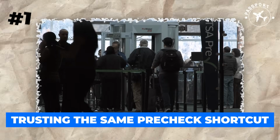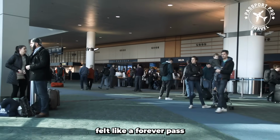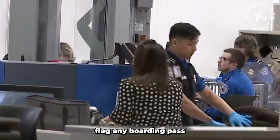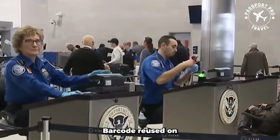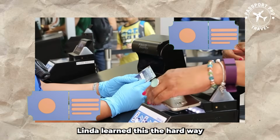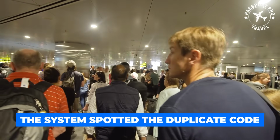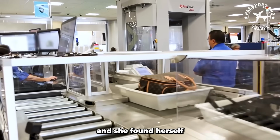Trusting the same PreCheck shortcut. TSA PreCheck once felt like a forever pass, but new AI scanners flag any boarding pass barcode reused on multiple flights. Retired teacher Linda learned this the hard way. She opened the same PDF twice in one day, the system spotted the duplicate code, and she found herself in